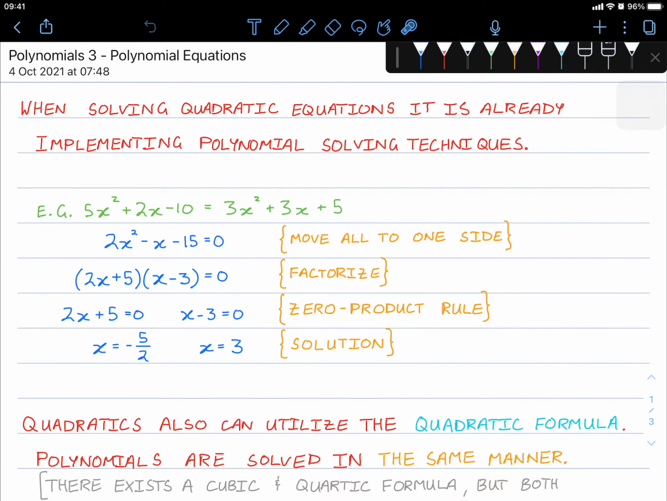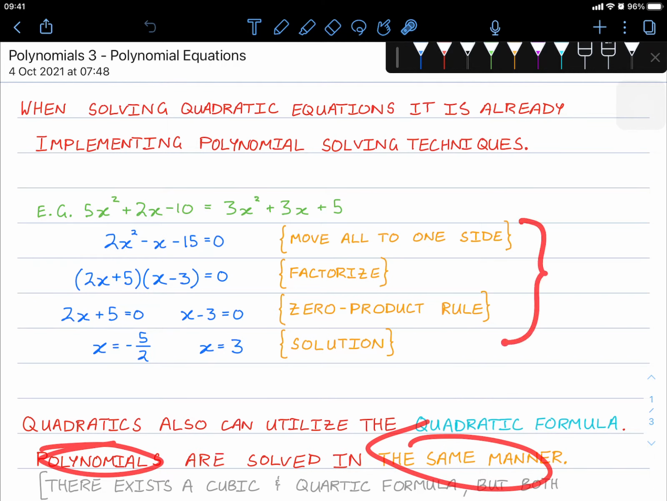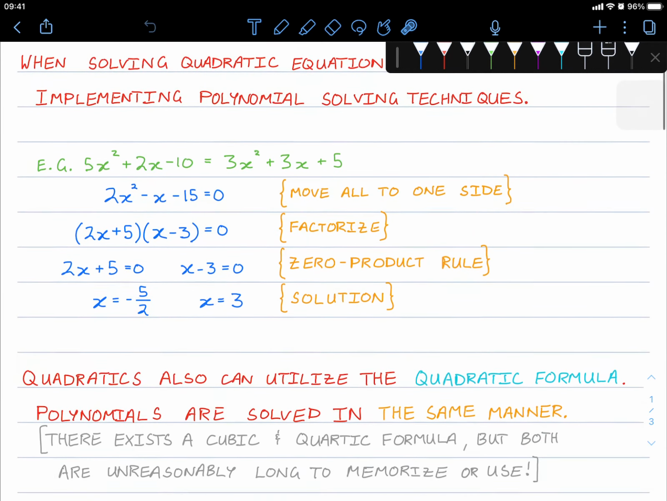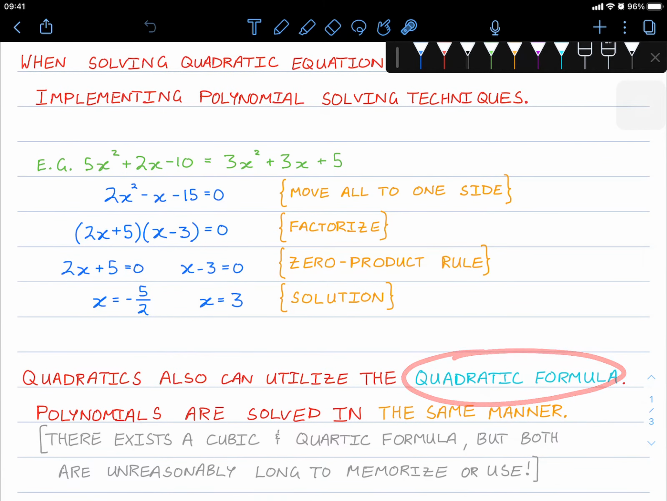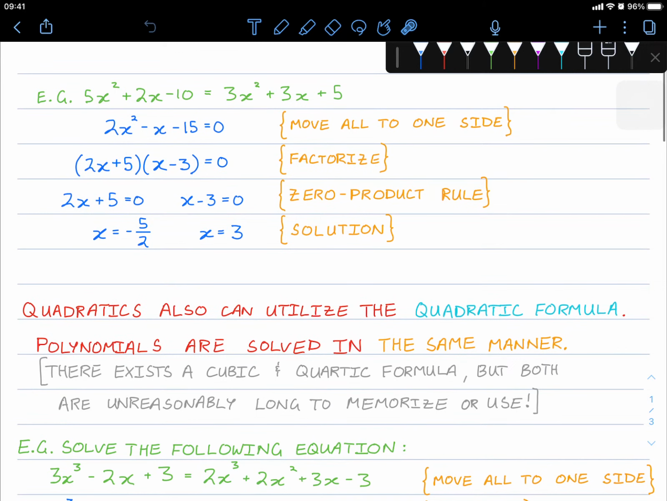We could have also used the quadratic formula, but we are going to be solving polynomials in the same manner shown here. The reason being is quadratic formulas work for quadratics, but there actually also exists a cubic and quartic formula, so to the power of 3 and to the power of 4, but both are unreasonably long to memorize or even use. So to solve an equation that looks really similar, we would first move all the terms to